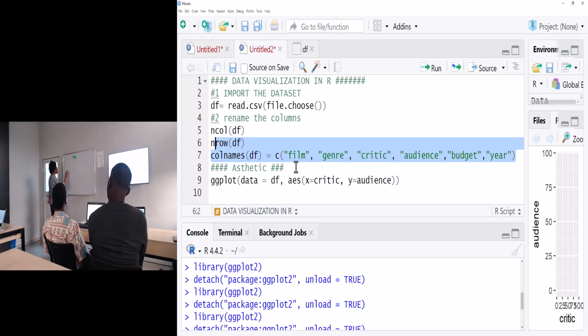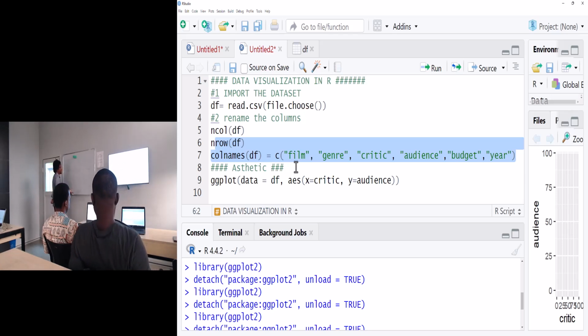So if we say ggplot should take that this is where the data is coming from, this data frame, and the x value is the critic, and the y value is the audience, and that's all, it will say, fine, I can do this, but how do you want me to represent this? So what you do now is that you do a plus,